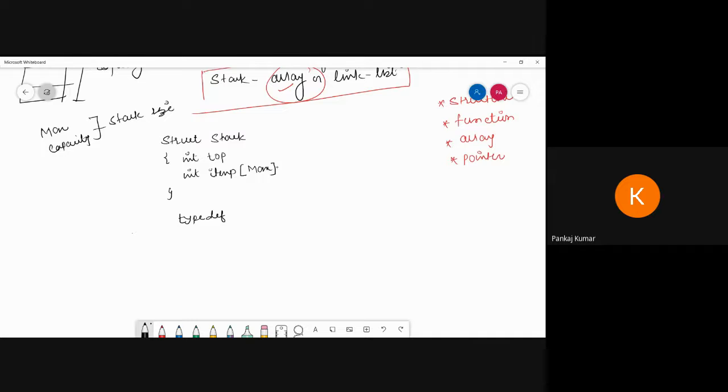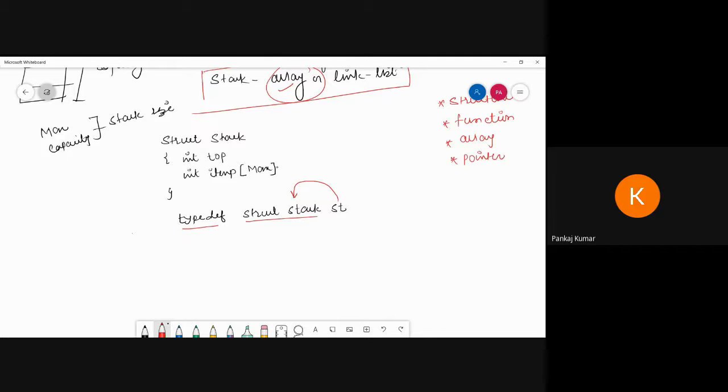Here we are creating struct stack and st. Why am I writing this? This indicates that this st variable holds a structure of a stack. So I have to define it with typedef, having the nature of struct stack, and st is the variable name.